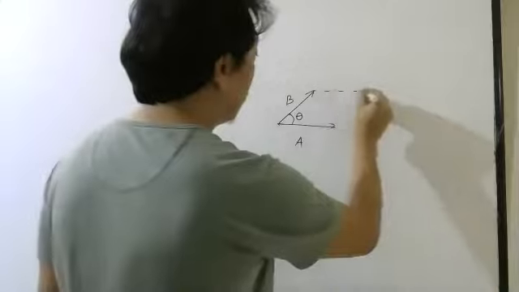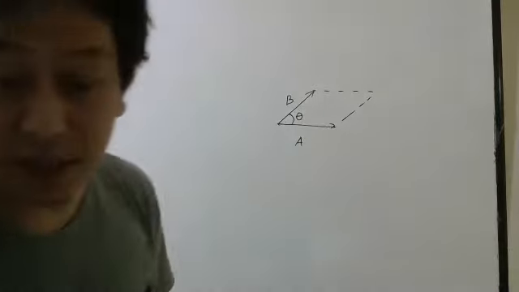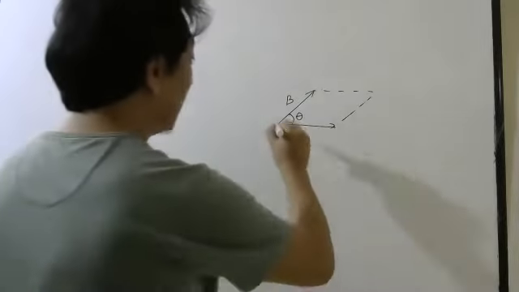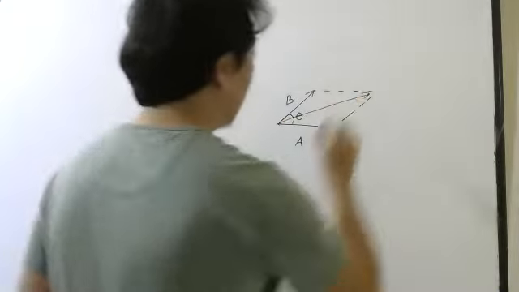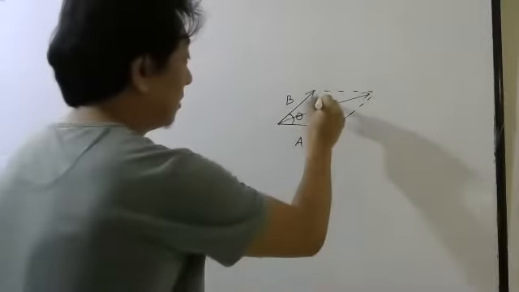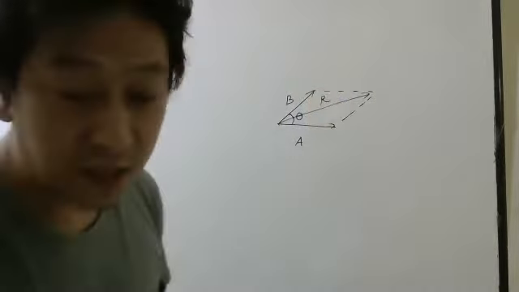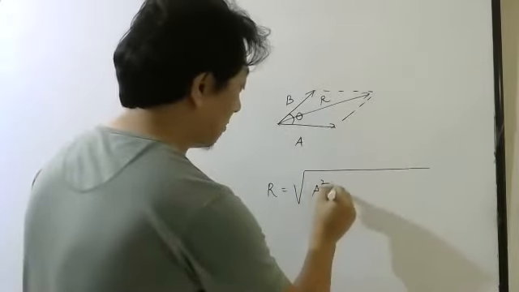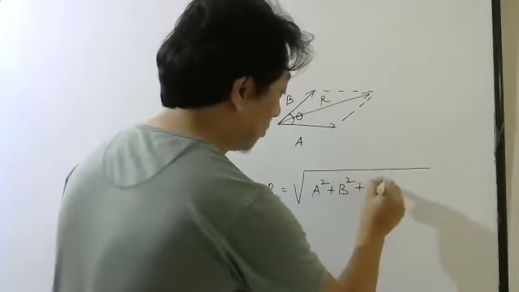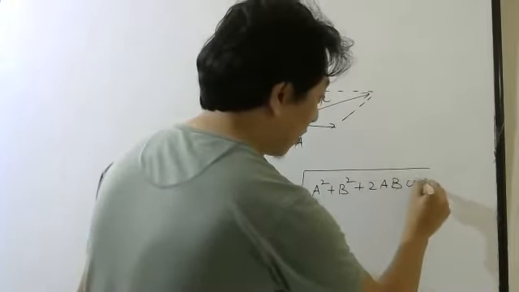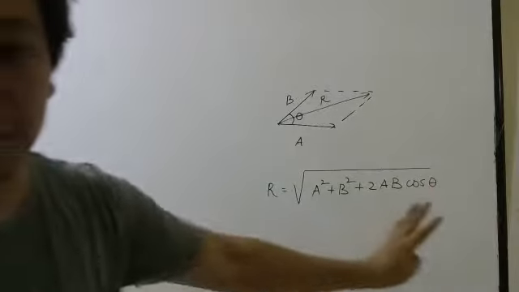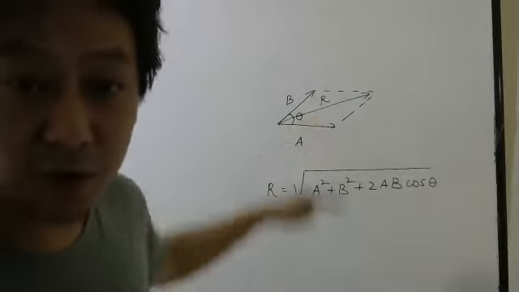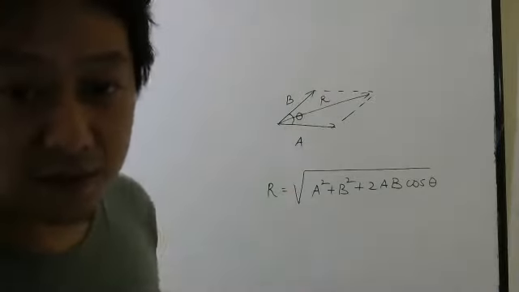Then if you want to know the resultant of these two vectors, resultant meaning sum of the two vectors, then it is given by the diagonal of this parallelogram. And the resultant formula for magnitude is, I hope everyone remembers, root over A square plus B square plus 2AB cos theta. Right? I hope everyone remembers this formula. Once before your exams, I will do revision for the derivation also. I will derive this once more later.